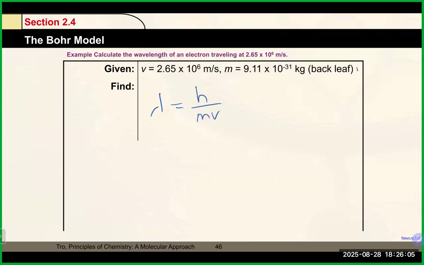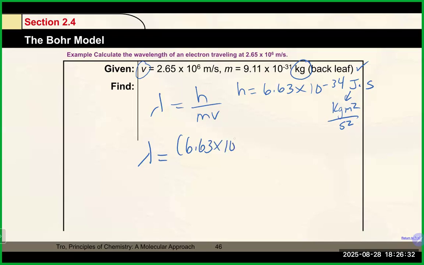Obviously, we have the mass is actually in kilograms, which makes it nice. We do have the velocity here. And obviously, again, h is Planck's constant, 6.63 times 10 to the minus 34 joules times seconds. Once again, the joule here is a kilogram meter squared per second squared. It represents the same thing. So popping our number in here, we're going to go